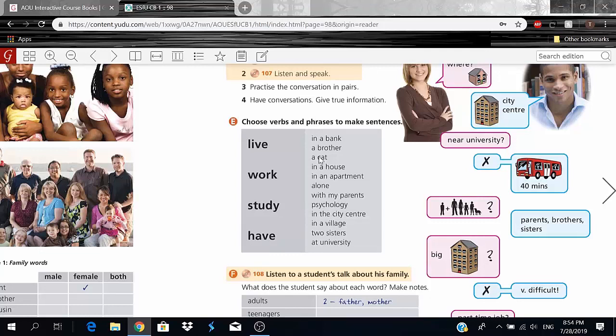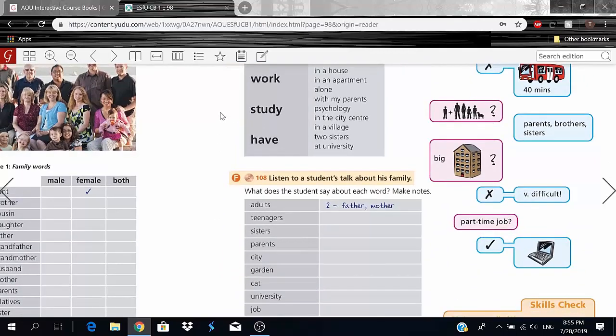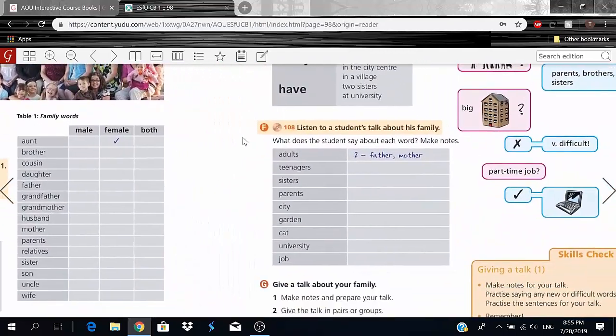I could say, not too much actually. Should we have a cat and brother and nothing else? So have goes with a cat and brother. Okay? Now let's go to